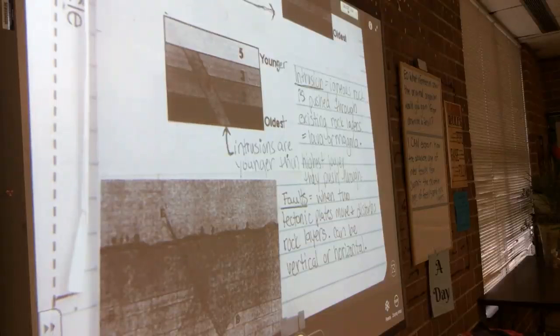A is a good guess. Who else has an answer besides A? B. Why? What is D? Youngest. I've got A and I've got D. Why? Goes up one. Not that it goes up one. Oh, because